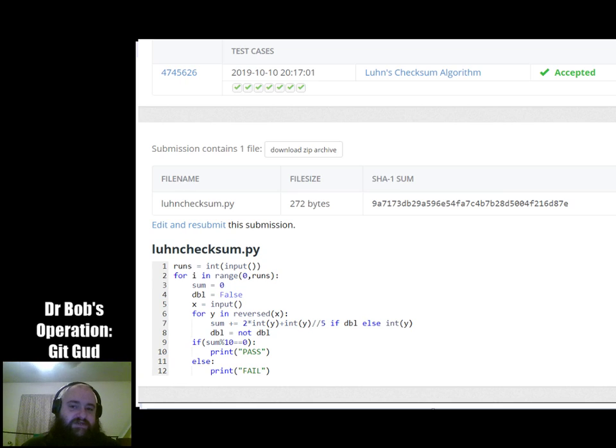And that's because mod 10 survives addition. So when I take it mod 10 here at the end, it's going to have the same result. Otherwise, we just add y, and then I flip the double. So we start by not doubling, and then we double, not double. We start from the end, go backwards. Okay.